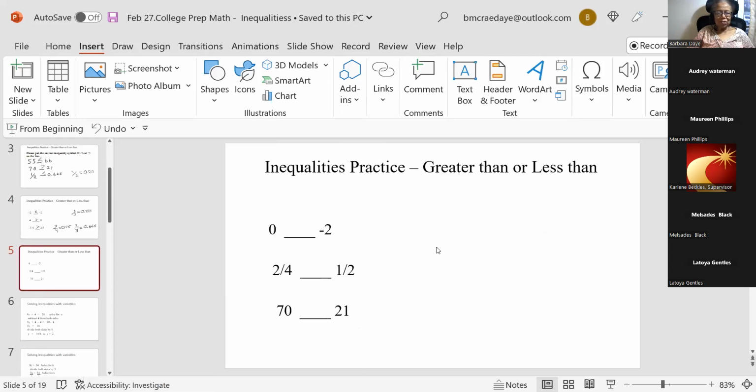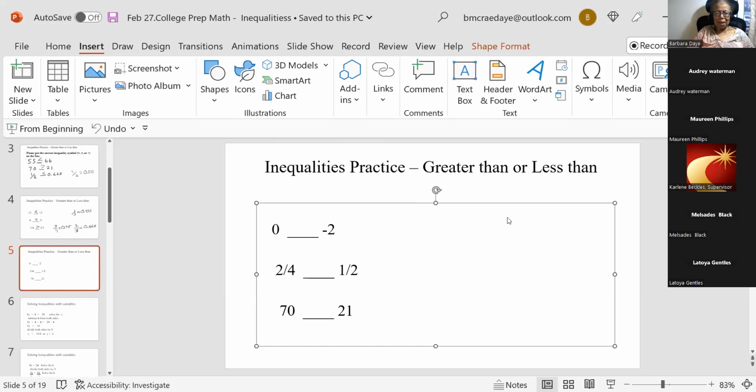All right, let's do just a few more. 0 and a -2, Audrey, greater than, less than, or equal? Less than. 0 is less than a -2? Oh, it's -2. Okay. So be greater, less, or equal. What goes in the blank here? What symbol? Oh, it's still equal. All right, let's